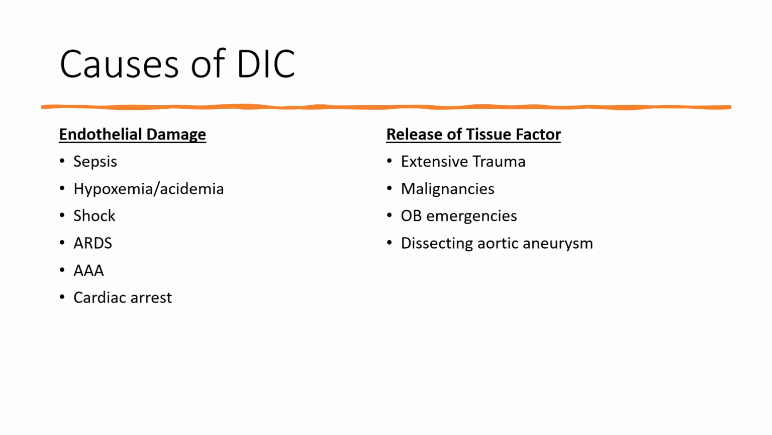Additionally, release of tissue factor like the extrinsic pathway in extensive trauma, other types of malignancies, some OB emergencies like hemorrhage or placental abruption, something like that, and then a dissecting aortic aneurysm. So you can imagine how conditions where you have hemorrhage already, your body is trying to keep up with that as much as it can, but ultimately, once those factors are consumed, if they are not replaced, or if you